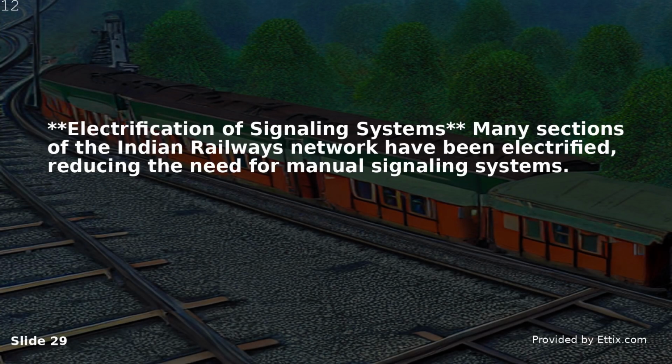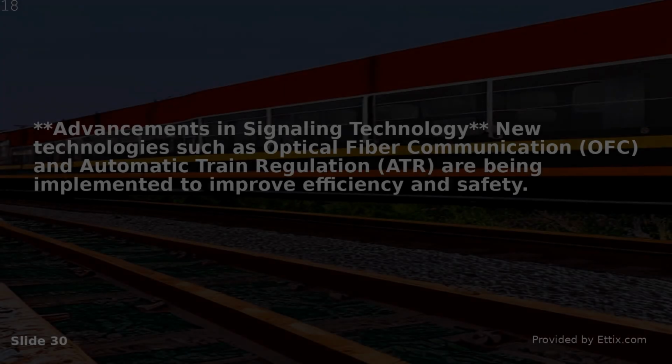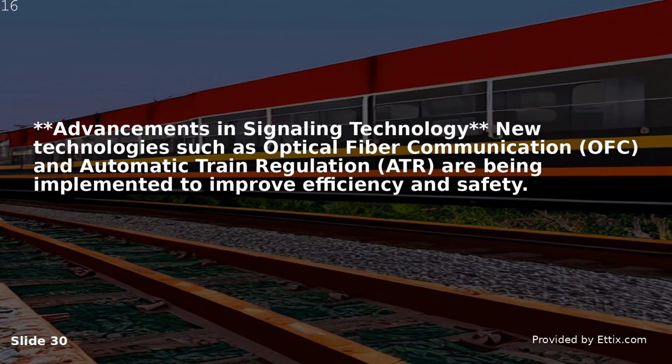Electrification of signaling systems. Many sections of the Indian Railways network have been electrified, reducing the need for manual signaling systems. Advancements in signaling technology. New technologies such as optical fiber communication, OFC, and automatic train regulation, ATR, are being implemented to improve